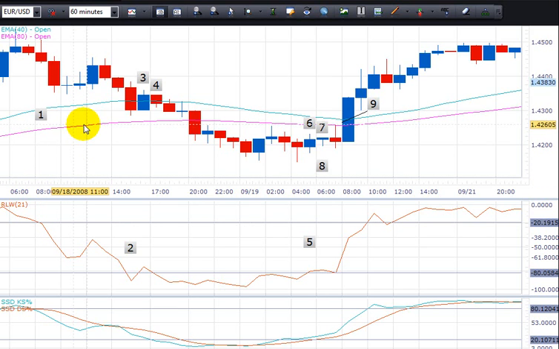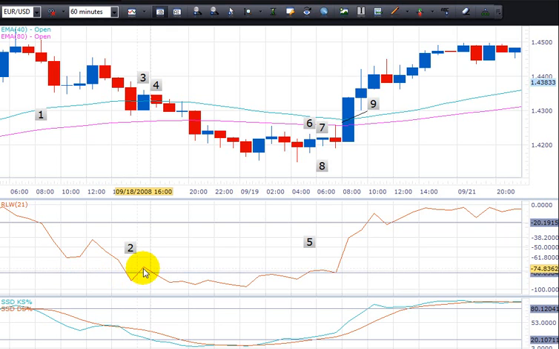So step 2, we now need an entry point, a point to get into the market. Now we do that with the Williams percentage R indicator. Now because we're buying, we want this indicator to move firstly into the oversold area, which it does do here in step 2. It moves below the -80 line. We then need it to move out of the oversold area to give us an entry signal, which it does